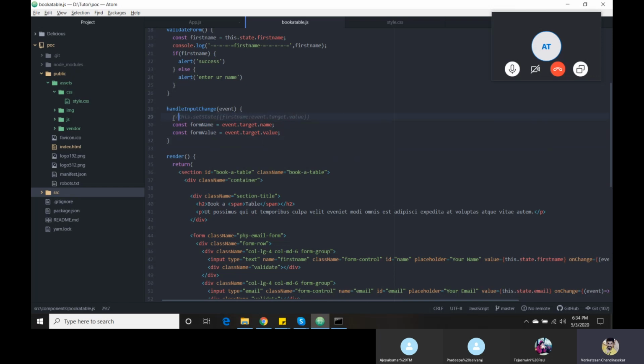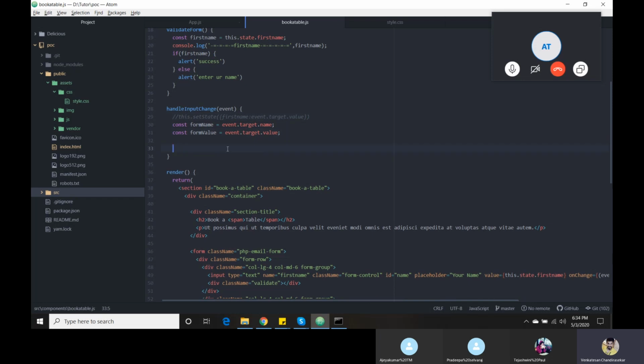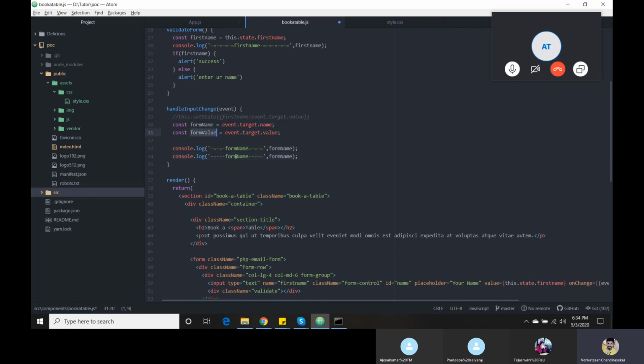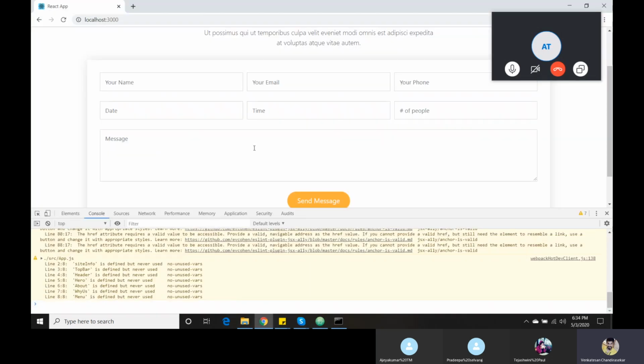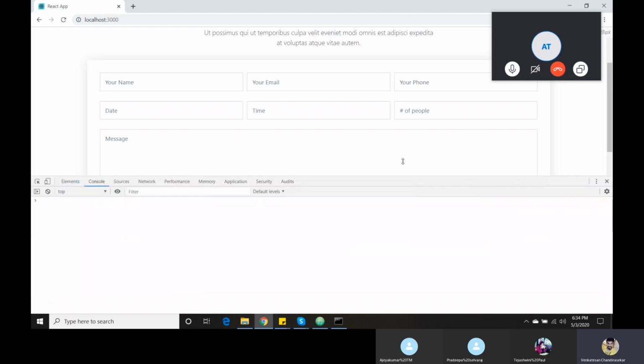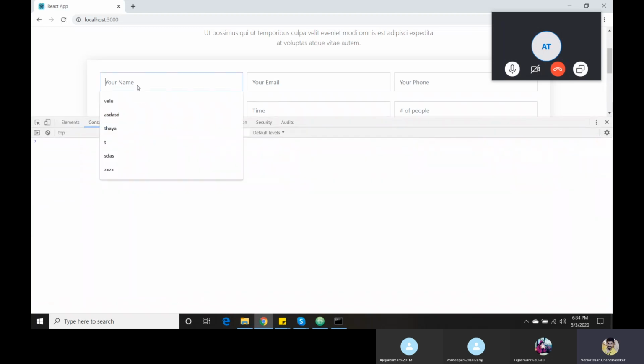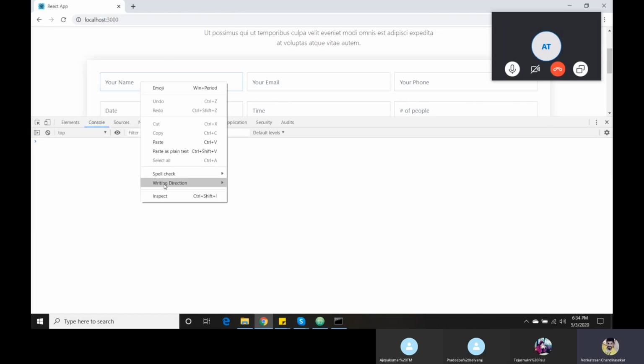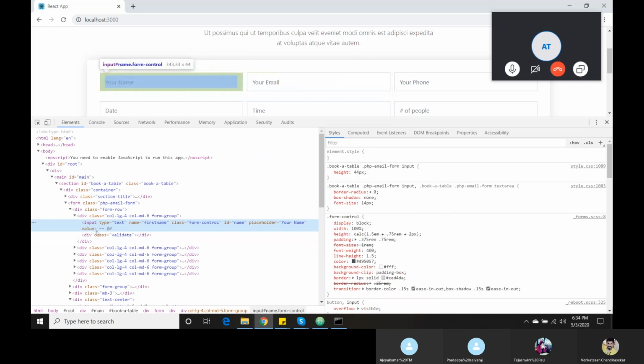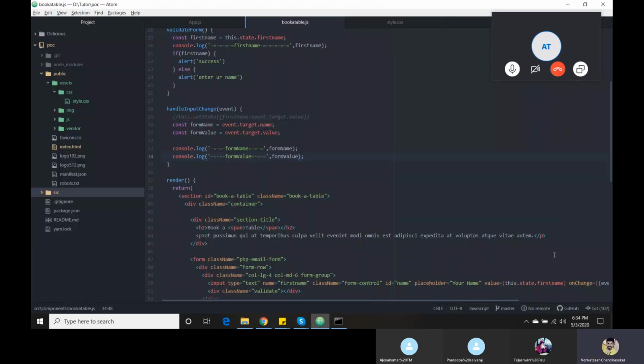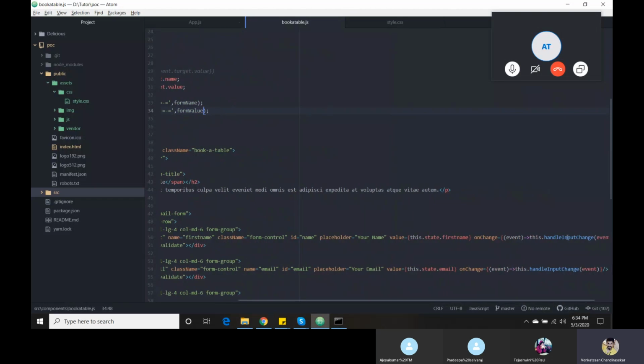I don't need to change the first name. console.log. Now it will show first name and your value. Why? Because here we have an onChange for the first name field, and we have an onChange method for email and first name.